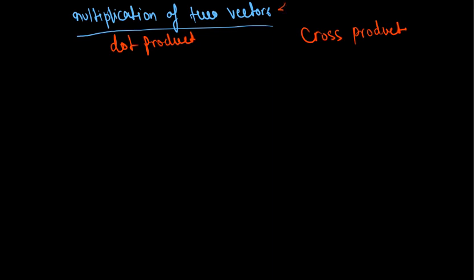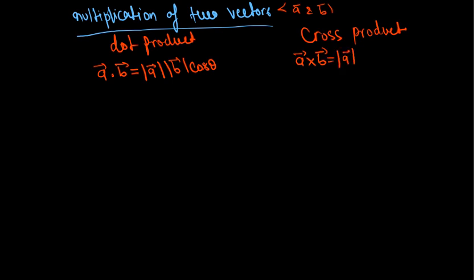Let us say we have two vectors, a vector and b vector. If we want to make the dot product of these two, we represent it like this: a vector dot b vector. And for the cross product, it will be a vector cross b vector. The a vector dot b vector is given as modulus of a vector into modulus of b vector cos theta. And a cross b is given as modulus of a vector, modulus of b vector, sine theta, and we write it as last n cap. I'll tell you what this n cap is. So this is your dot product, this is your cross product.